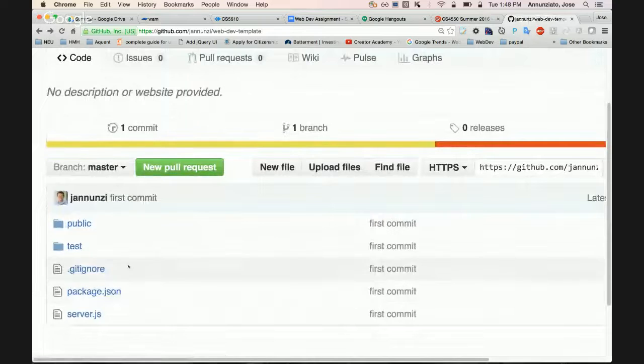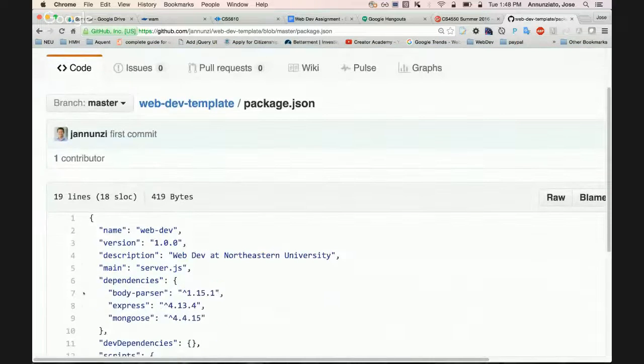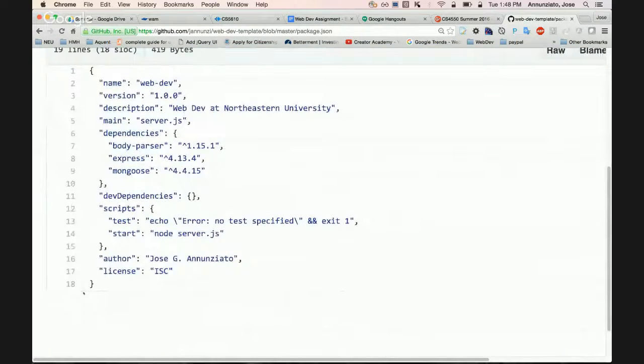Okay, let's see. Another thing that is important here is this package.json. I can't stress enough how important this file is. Okay, this file is what's going to allow the environment to be compatible with your remote environment. Okay. A lot of you are going to be starting to do a lot of coding, not just yet, when you get to the server development in a couple of weeks. So it's not relevant just yet, but it will be. But I want to keep reminding you how important this file is.